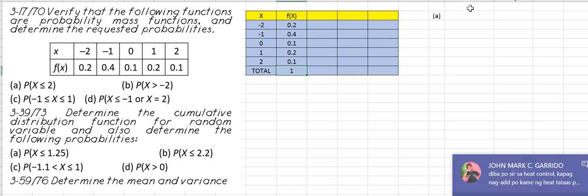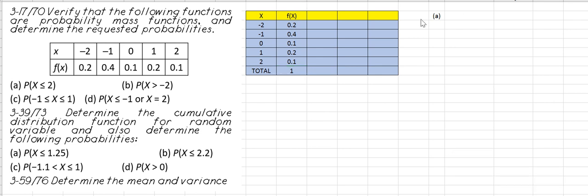For letter A, we are asked to solve for the probability of x is less than or equal to 2. So what we're going to do is to solve for the probability of x less than or equal to 2. So the values included here would be what? So for less than or equal to 2, that would include